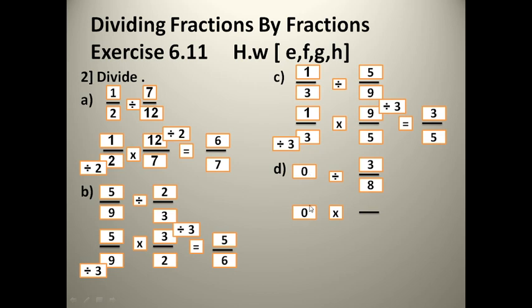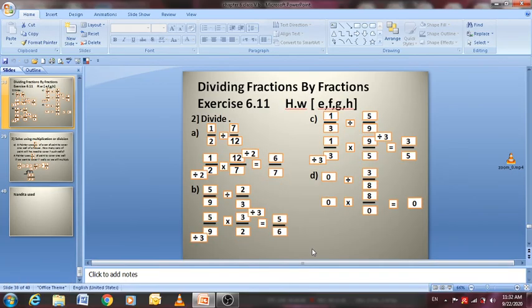Next here, if you divide 0 by any fraction, the answer will be 0. But I will take the steps. I put 0 and I change division to multiplication. And now if you do this step you should change the fraction. How can we change? We put 8 up and 3 down. So this 3. So if you divide this is 3. Okay. So here